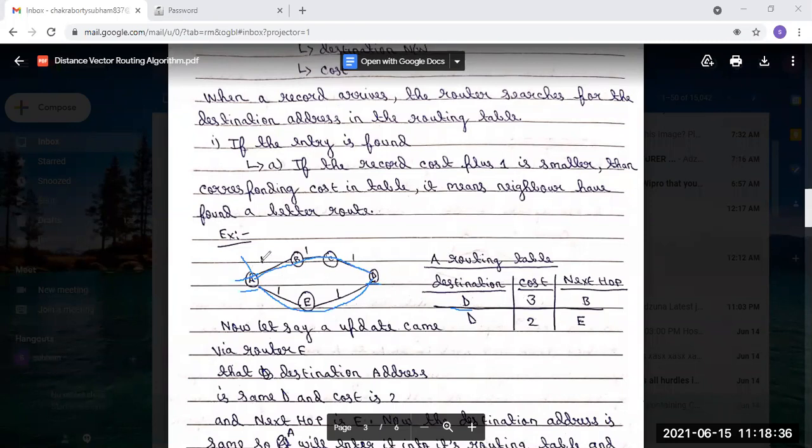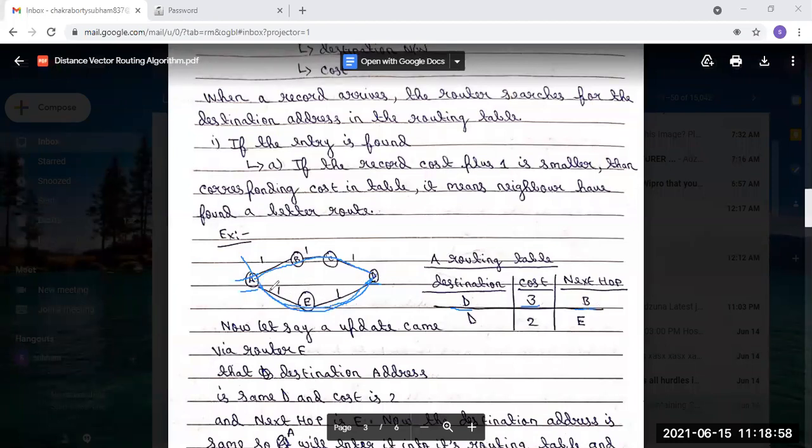First, we are considering this path, so the cost is 1 plus 1 plus 1, which is 3. And what is the next hop if we consider this route? A's next neighbor is B. So the next hop will be B.